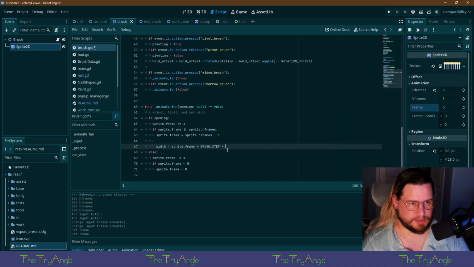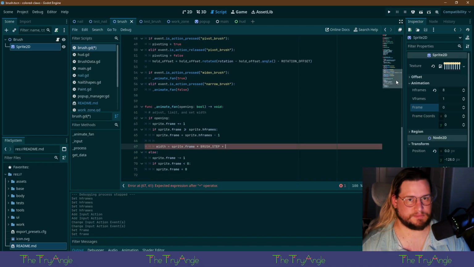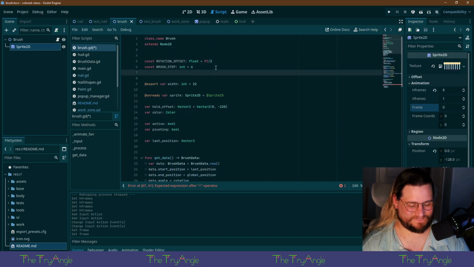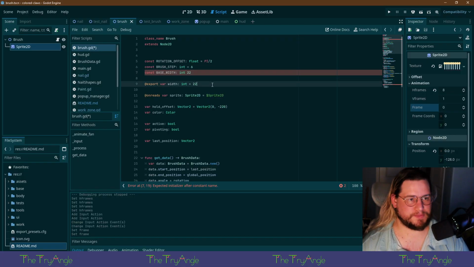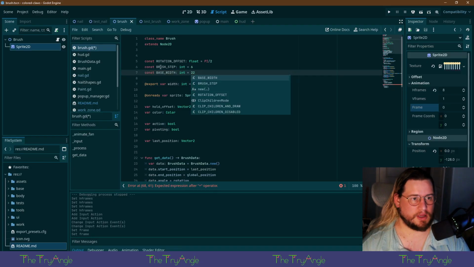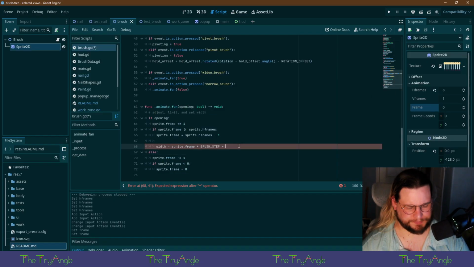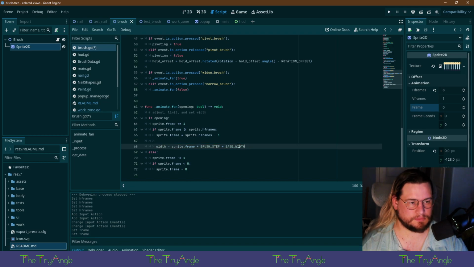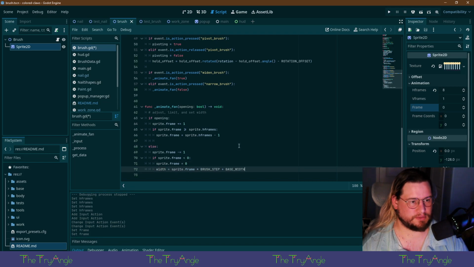Brush step plus base width. Oh, lol. Actually, we can just do that.